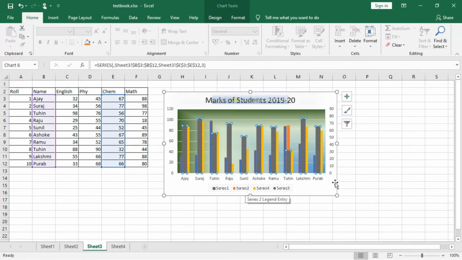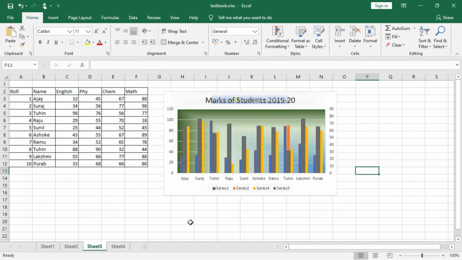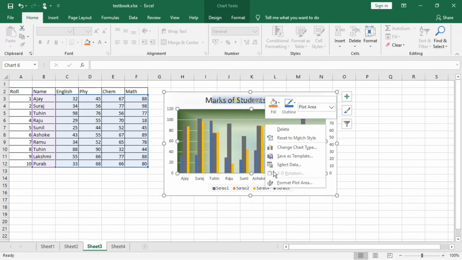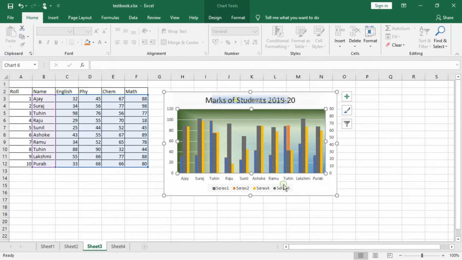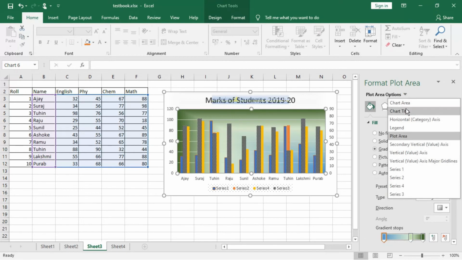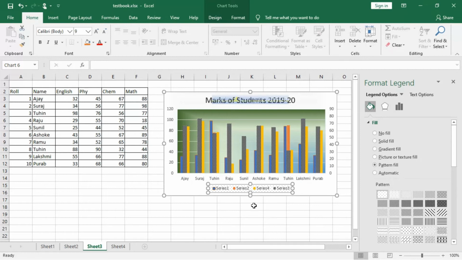So we are starting another part of formatting here. We'll learn how to work with the chart legends and all. First of all, select the chart, right click, and then choose the Format Chart Area option. This is the one. The plot area, Format Plot Area. The pane has come once again, and then this is the chart legend. You can see out here, the chart legend has come.